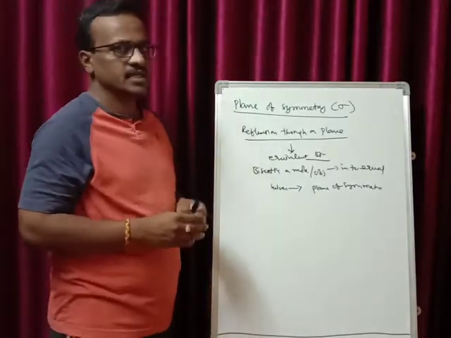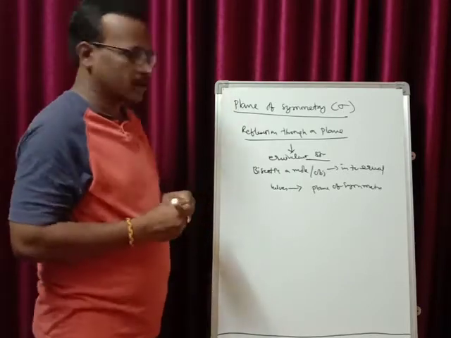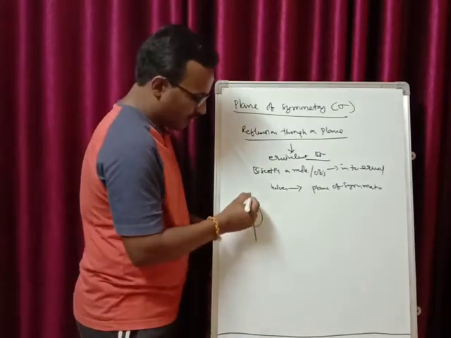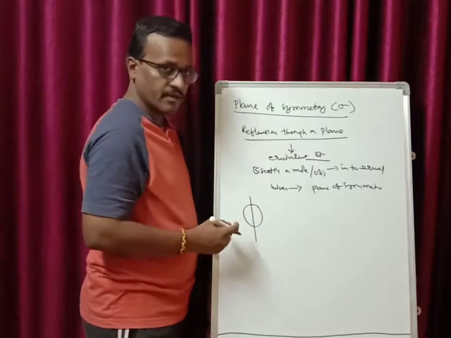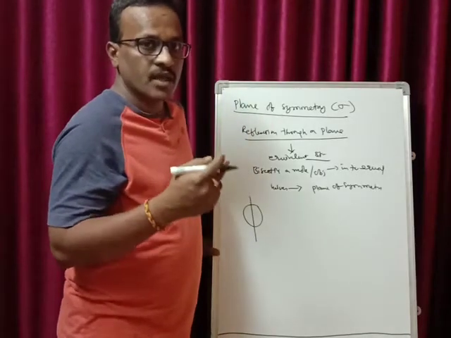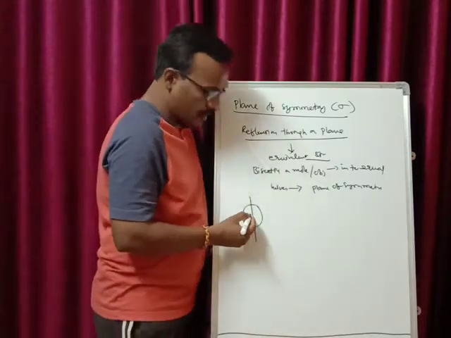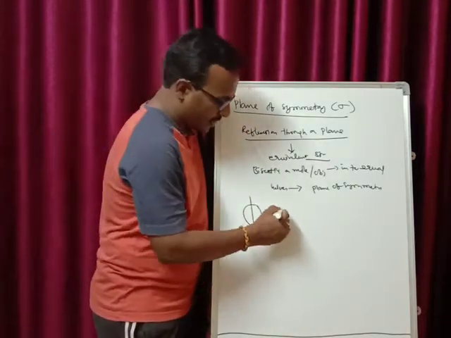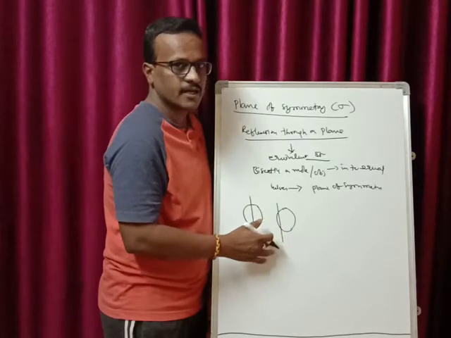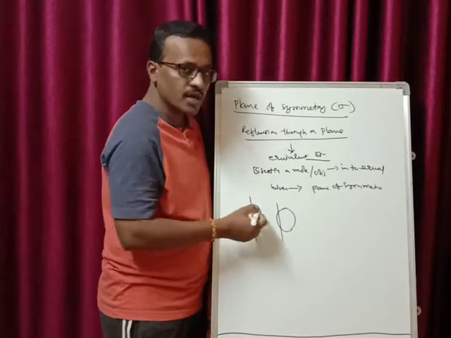Now this plane of symmetry is again classified into different types. Anyhow, before going to the classification of plane of symmetry, I'll just give one or two examples. For example, you take the cricket ball, if you cut exactly from the center, the first half and the second half look alike, that is they are equivalent to each other. So it is better to understand in this way that if you bisect or cut any object into two equal halves, then it has a plane of symmetry. Here also, when you cut the ball from the center, you get two equal halves. If I take the ball and cut somewhere from here, I don't get equal halves. That means along this plane it doesn't have the plane of symmetry. The plane should be passed in such a way that you get two equal, equivalent halves.